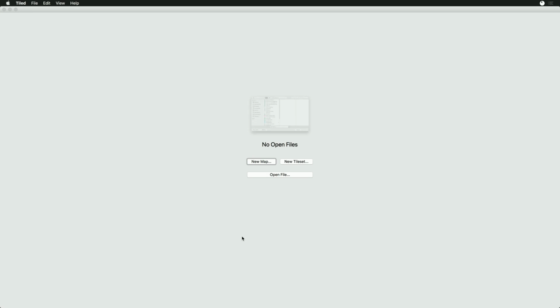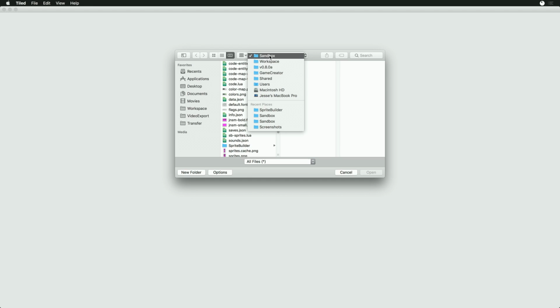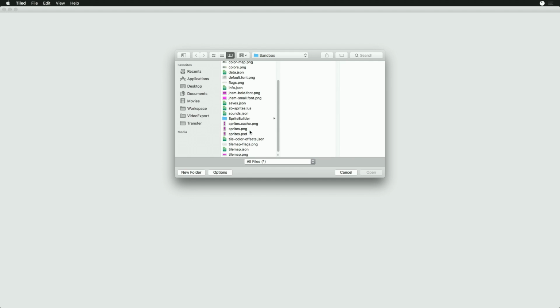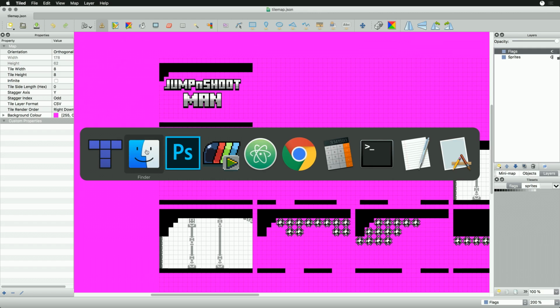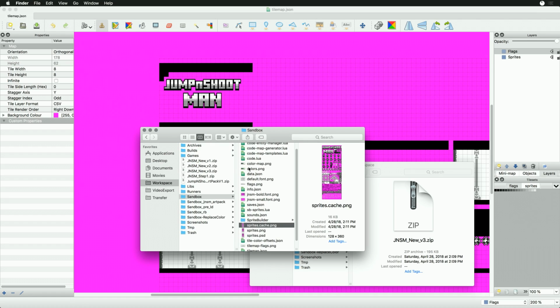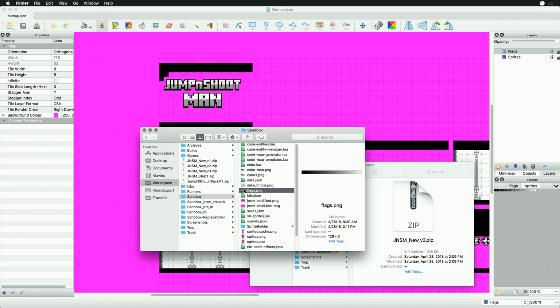I'm just going to open this up one more time just to make sure I'm in the right file. Sandbox tile map. Here we go. All right. So what we're going to do for spawning is we're going to use a different flag. And in fact, what I'm kind of curious to see about doing is, let's go here to the flags,